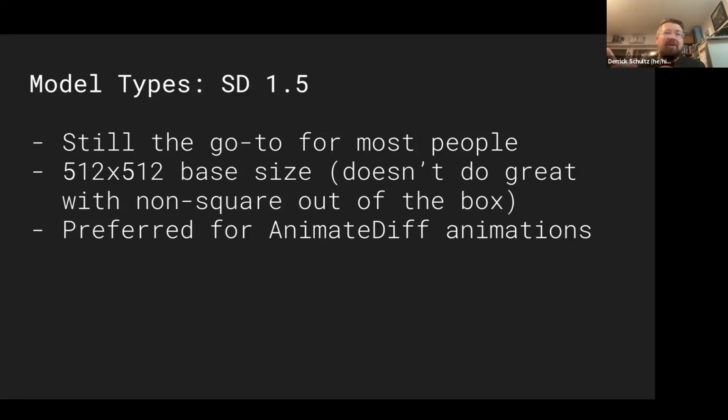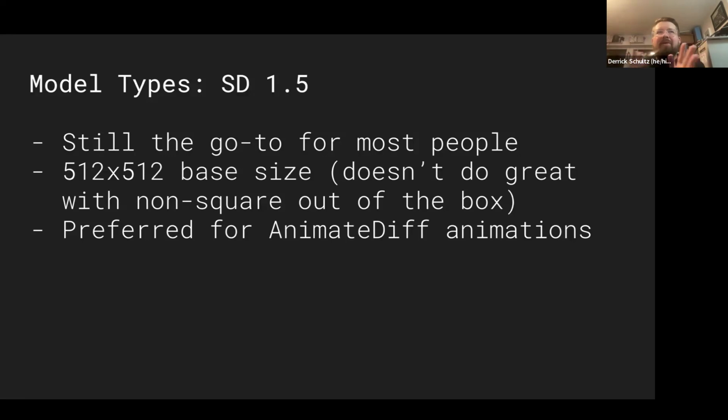And also when we get to animations, all of the AnimateDiff models that exist out there largely are meant to work with 1.5. So even with animation stuff, which you would think is the furthest ahead right now, we actually still have to use the oldest base model in order to get all those functionalities. Some of that has to do with when AnimateDiff came out 6 months ago, it took them a year to do all the research. So the only thing they had available then was 1.5. So we're kind of stuck in that world.